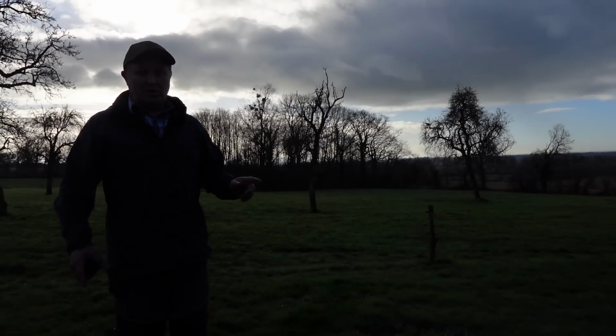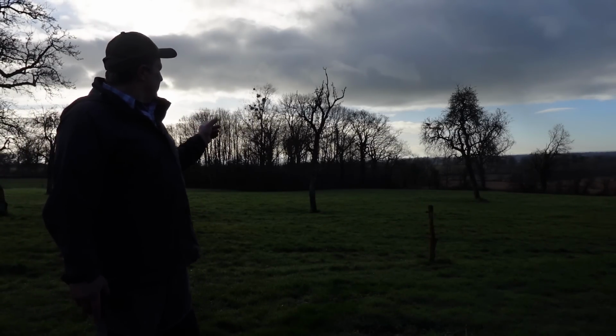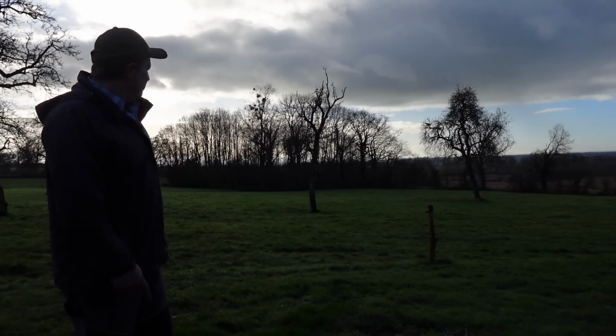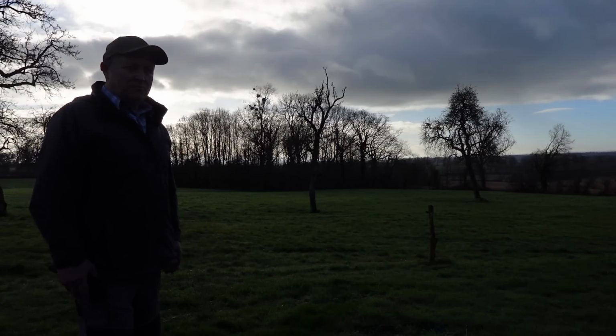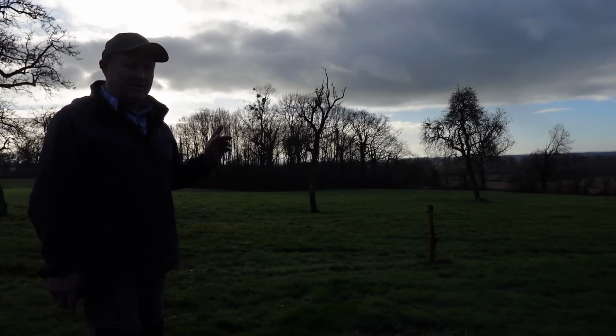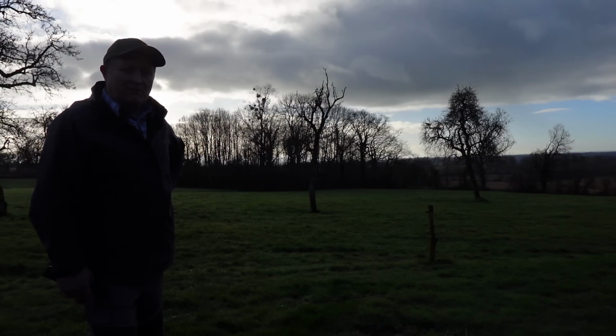Now that area of woodland behind me, it's probably about 2 acres, but it's a little haven for all the wildlife around here. It's beautiful. It's privately owned. Some of the neighbours own it. I may look into getting part share of that because it's beautiful inside. It's just like a, well,